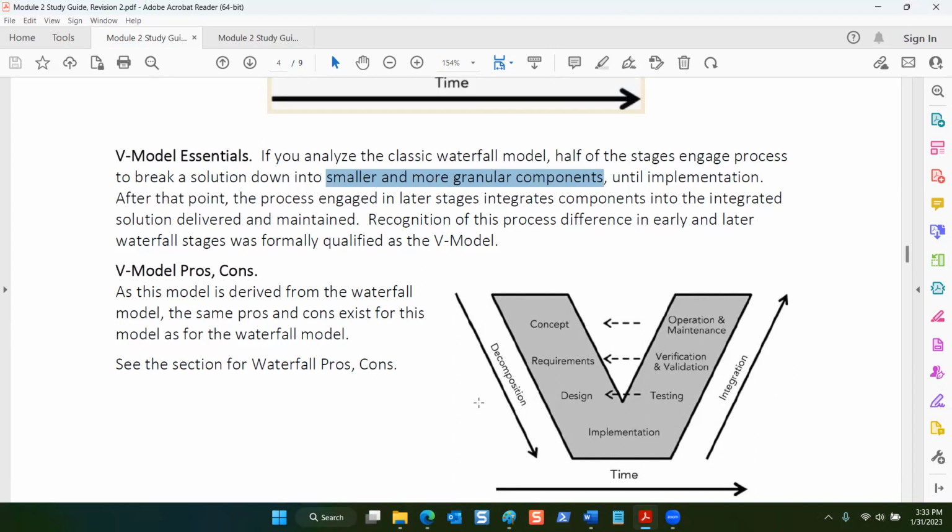So the V model sort of captures this natural process where, in the first part of it, everybody soldiers on to get their own stuff done, to get their own components. And once everybody's ready and you can start combining them, there's a separate integration process. They show that when you're implementing, you're folding the components together, and then you're testing to see if they work together. Then you're verifying and validating